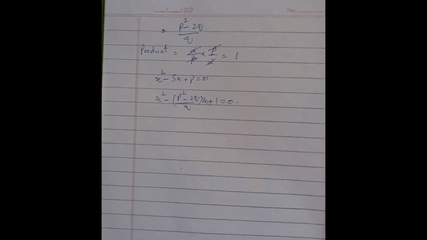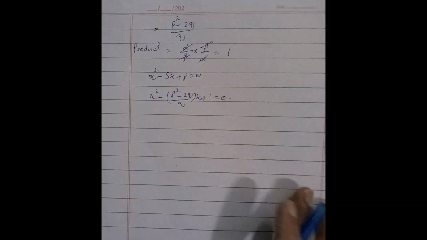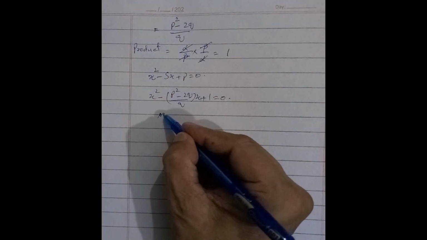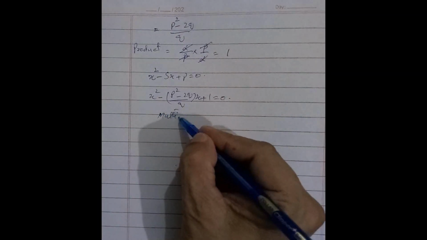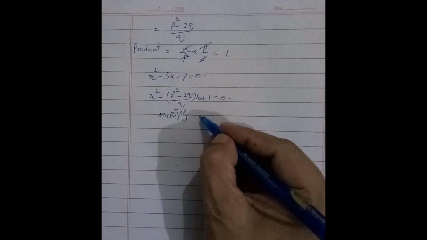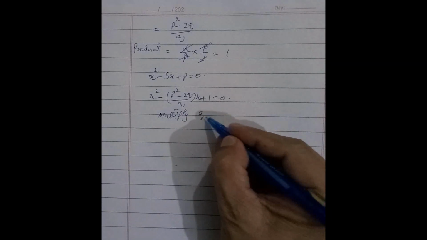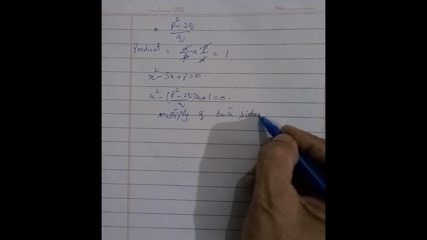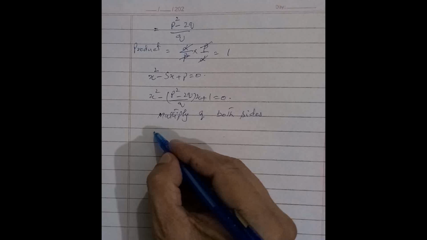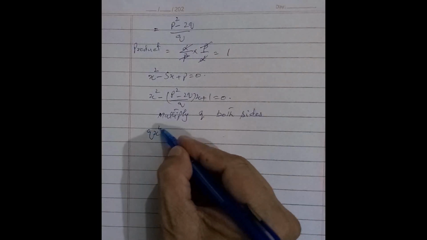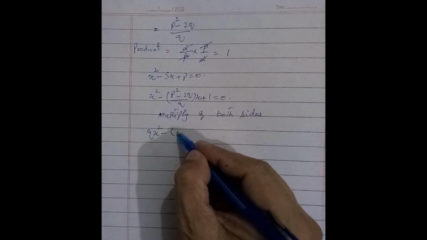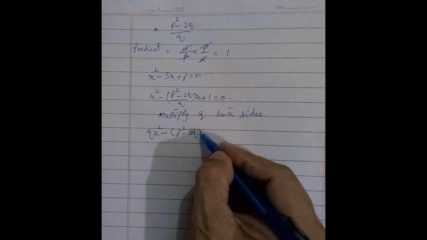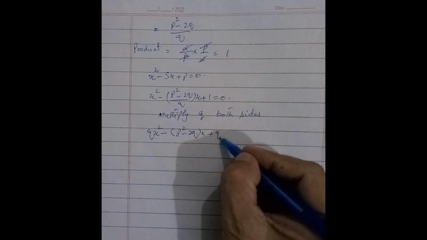And then we multiply both sides by q. We get qx square minus p square minus 2q x plus q is equal